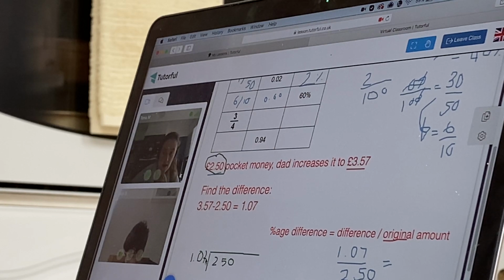And then that gets us the difference as a decimal, and then we times it by 100 to get the percentage amount in the end, because remember that's how we convert from decimals to percentages. So if we do it like this, okay,